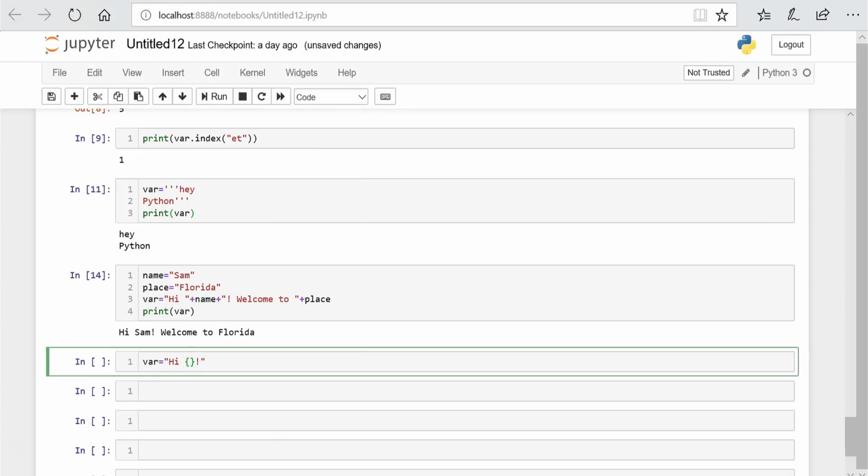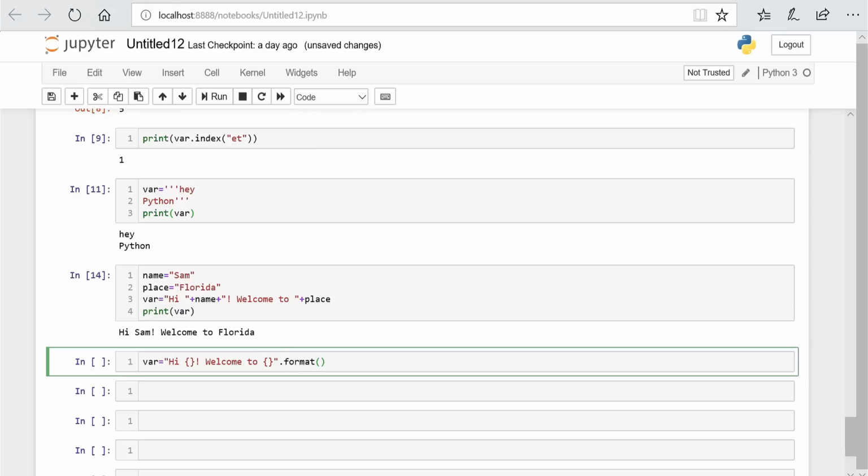Now these brackets are basically placeholders. So that's where our value for the variables will appear. And then we fill in the rest of the string, welcome to, brackets again, and that would be the placeholder for our variable place. Now once this skeleton of our string is done, we say dot format,